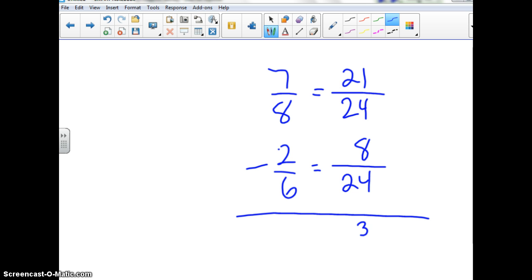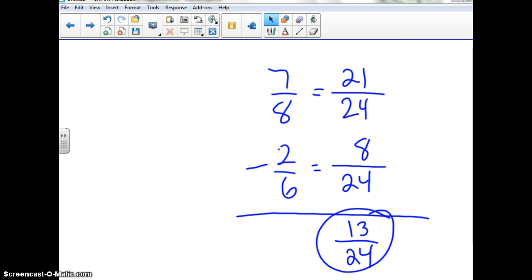Yep. So 13 over 24. Is that okay, or we need to simplify? It's okay. Put your thumb in the air if you got that one right. Fabulous. Okay,